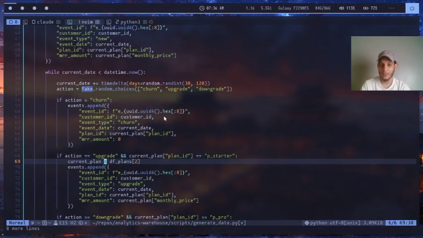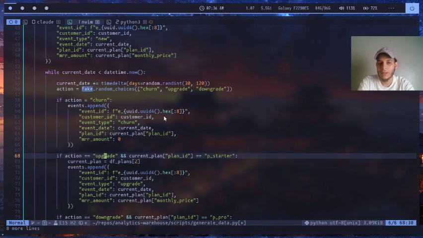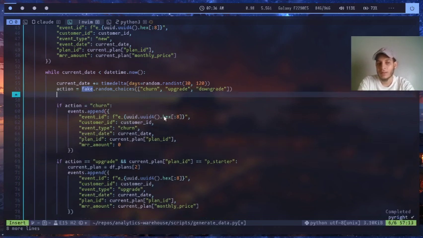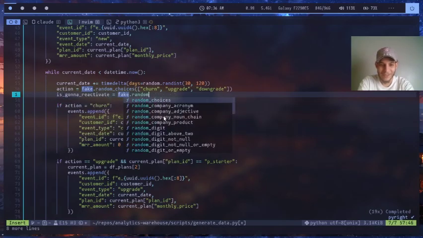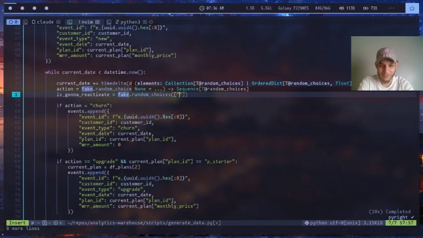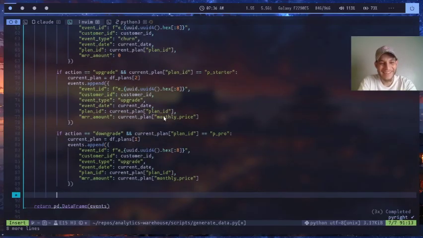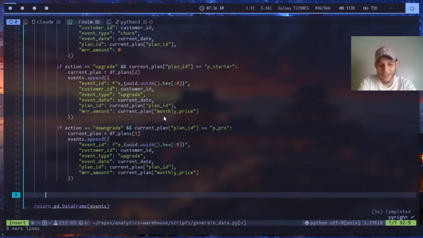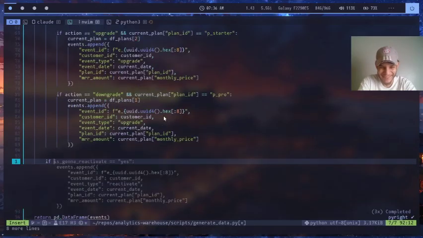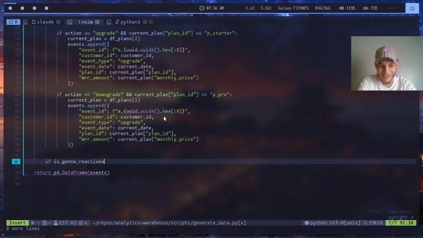So I don't want the reactivations to be in a different interval, but it's gonna reactivate, fake dot random choices, yes or no. Okay, let's go back. If reactivate equals yes,